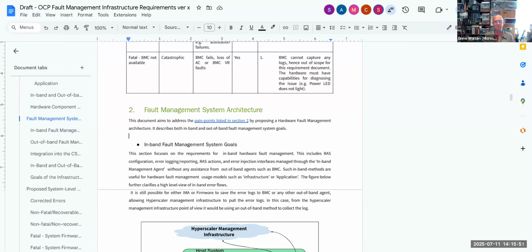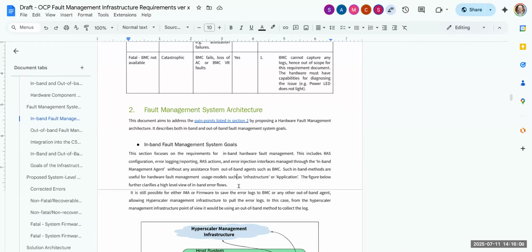You've got to figure out how to deal with crash dumps if you mainly do in-band. Yeah, the reason I mentioned is, in the in-band fault management system goals section, it calls out no assistance from the BMC. Maybe you want to clarify non-fatal errors.